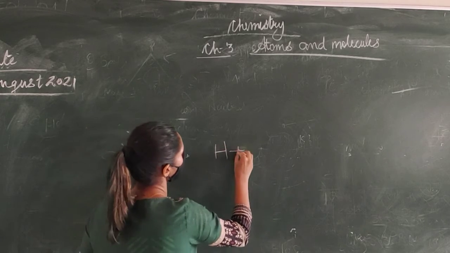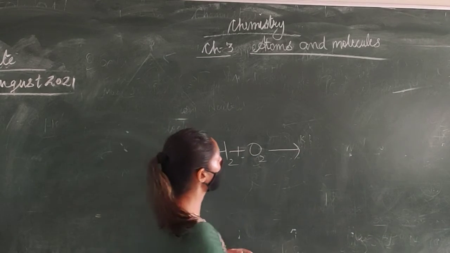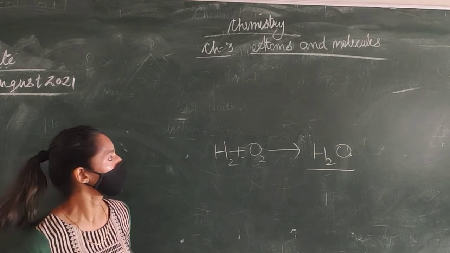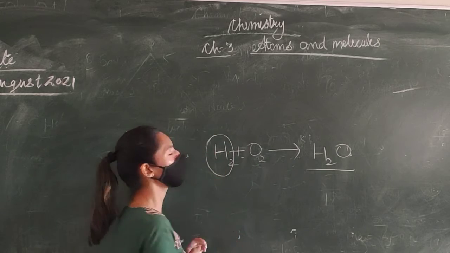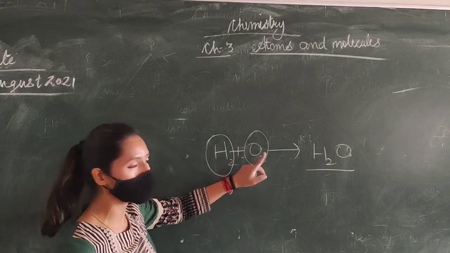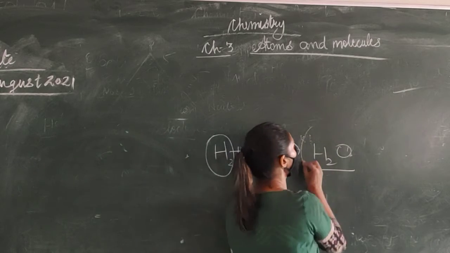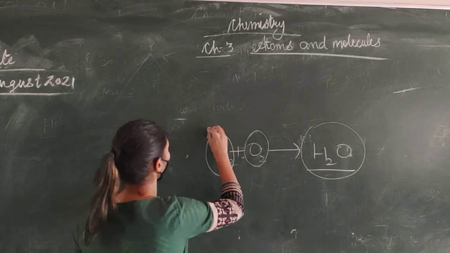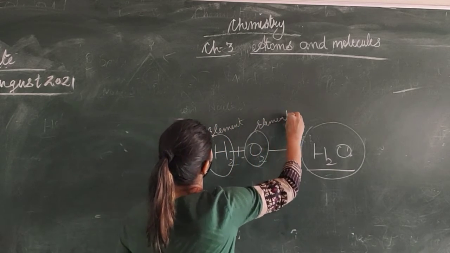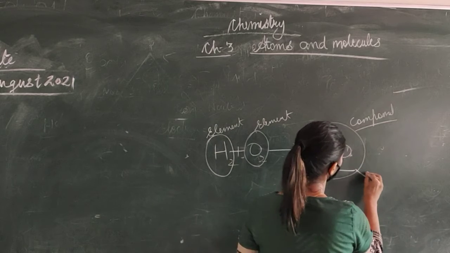Example. This is hydrogen and this is oxygen. Okay. So they are combining together and they are forming a water molecule. Okay. So this was the tiniest part of an element. This was also the tiniest part. Although it's H2 and O2, it's again a molecule. I will again teach you this. But here, this is the tiniest part of a compound. So this is the tiniest part of an element, and this is the tiniest part of a compound. So the tiniest part will be a molecule.